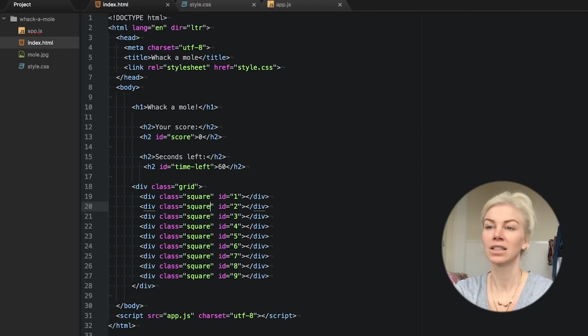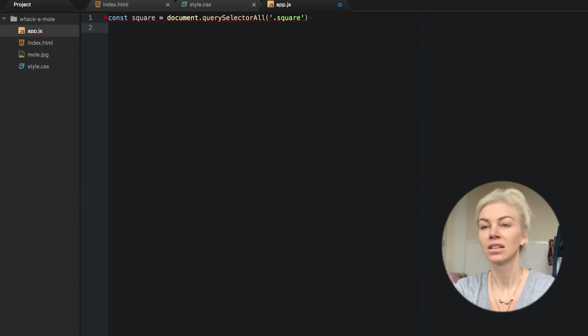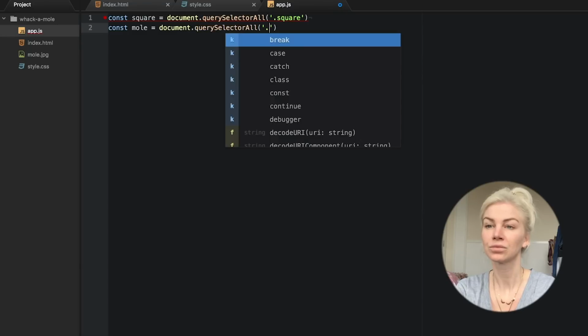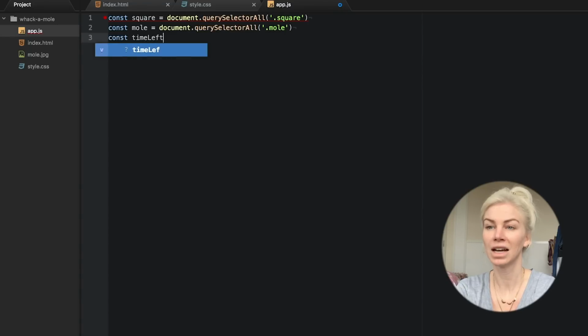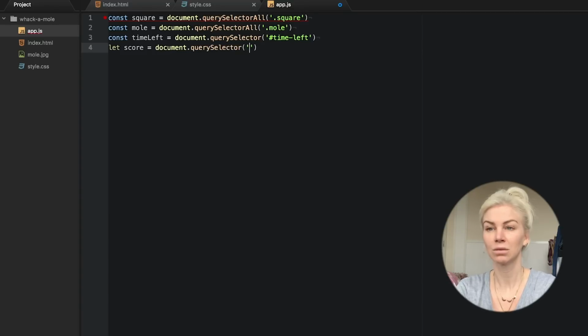Right, now on to writing our JavaScript and making our game work. We will start by selecting all the divs with class name of square from our HTML file and calling them square for our JavaScript file and our future use in it. We will do the same for divs with the class name of mole. And also for time left, using querySelector to find the ID of time left, shown here as an ID by using the hash as opposed to a dot for class names. Again, we do the same for score and use a let, as this will change as we progress in the game.